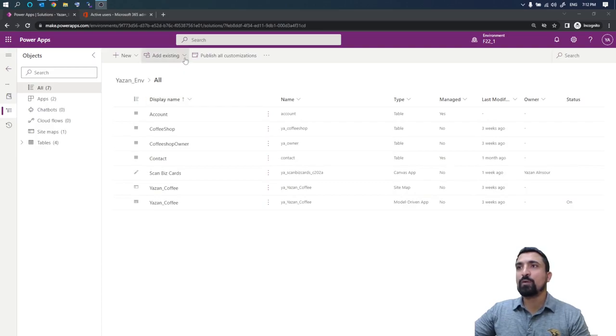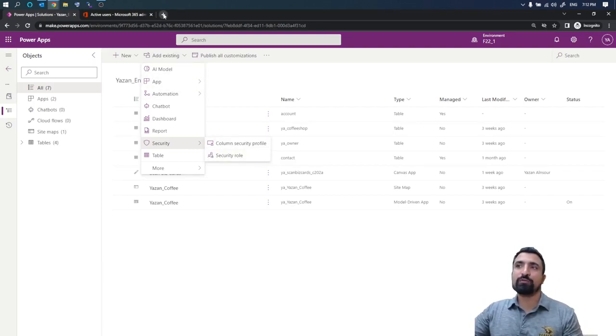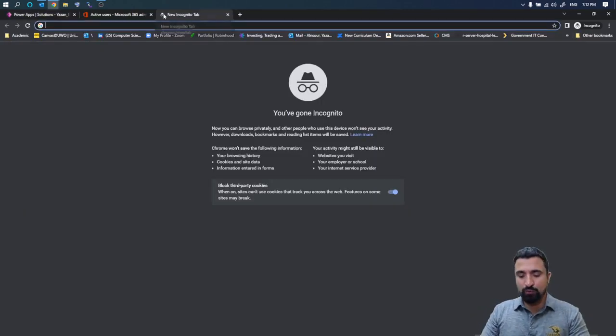Okay, so if you go and click on add existing and click on security, you can see here column security profile or security role. So this is one way of creating different roles and different, let's say, security measures. Another way that I prefer more is if you go to the